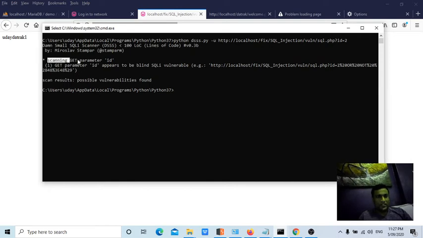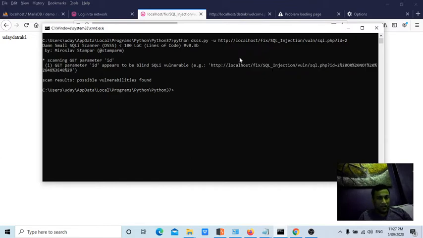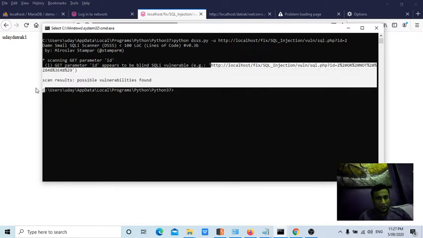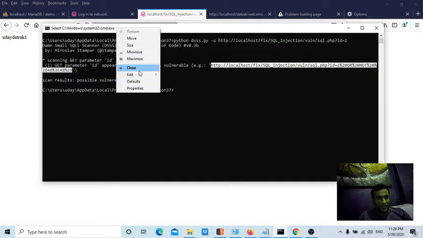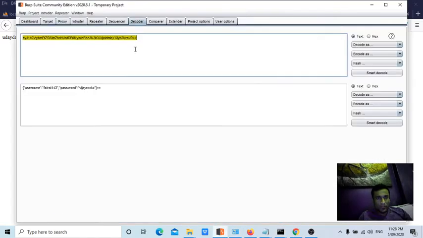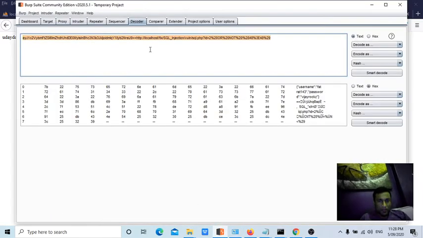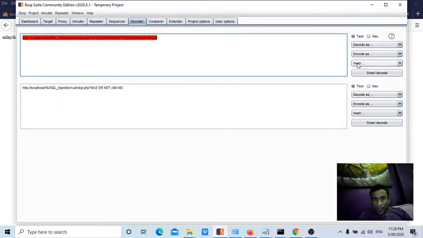Okay, now it is saying that this ID appears to be SQL injection vulnerable, the same as ZAP, but ZAP sent something like 4 minus 2. What it is sending, we'll try to see now. You need to select the mouse, and then on the top in the white pane, right click, edit, copy, open the Burp, go to decoder, paste the URL here, and decode as URL to see what exactly it is sending.